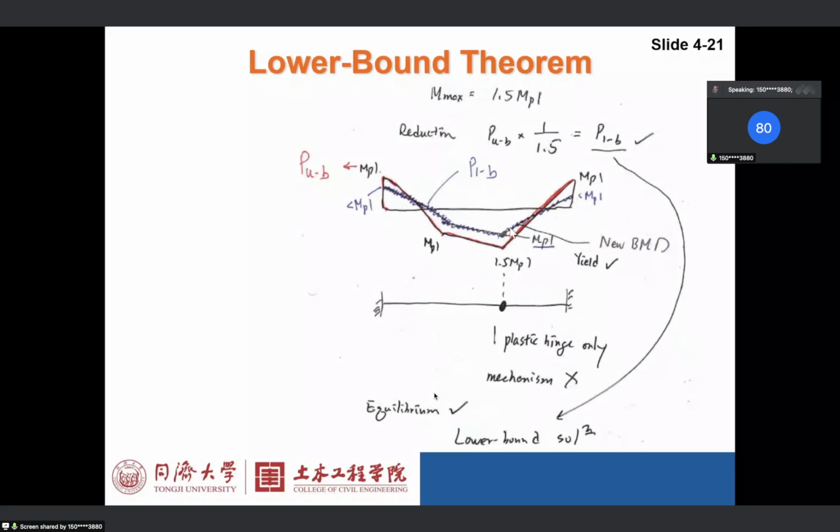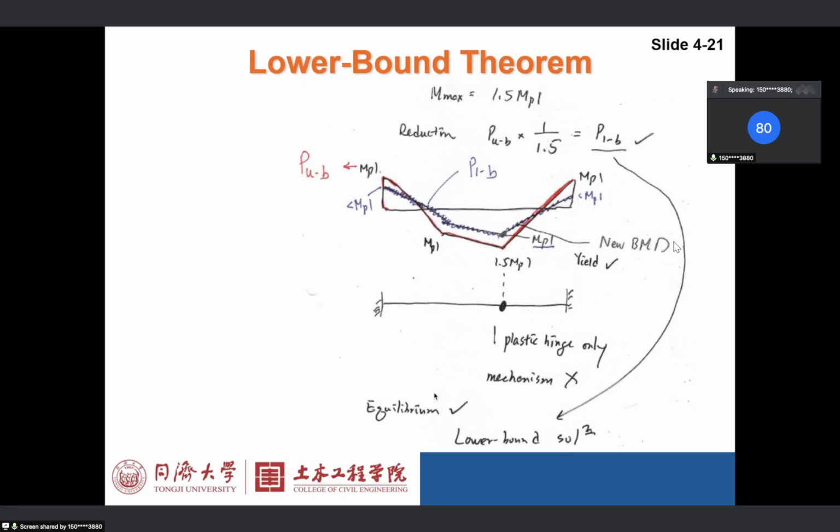And then we just scale it down. We scale it down proportionally until every section is less than MPL. We scale it down and we get this blue line, right? So from here, 1.5 MPL, we reduce this to MPL. Of course, everything else is reduced proportionally. Okay, so if we look at the bending moment diagram of this blue line,